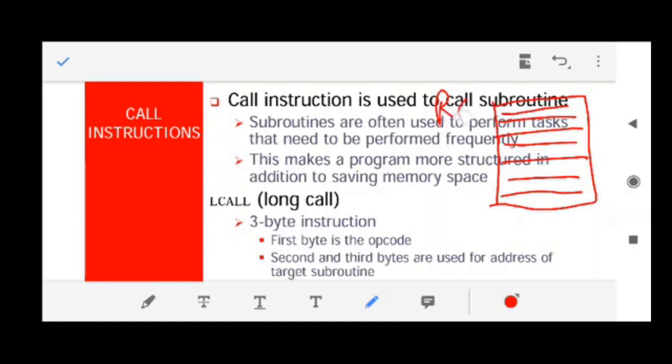So that program has already been written, compiled, checked, and saved in a particular place in the memory, by the developer or any person.